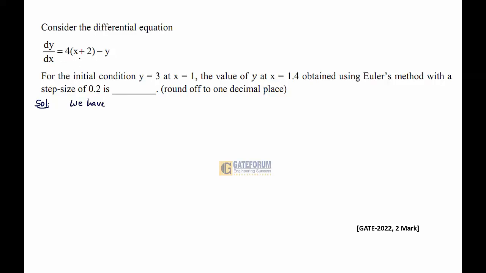Already the differential equation is in standard form, so that we have f of x comma y is equal to 4 into x plus 2 minus y